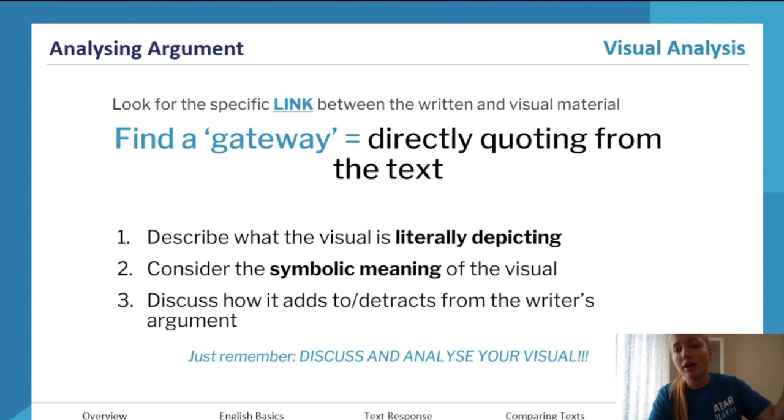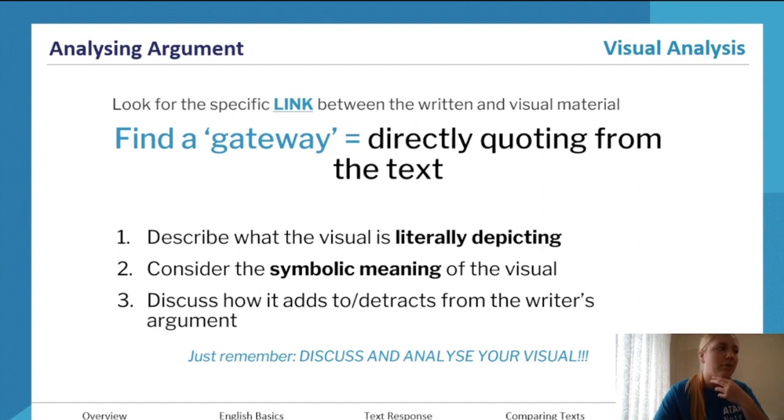If it's at the end of the argument, once you finish analyzing one or two things in the visual that you've chosen, you will have your linking sentence and you will close that paragraph. So find a gateway where it seems appropriate. And oftentimes it's quite chronological. So usually you finish discussing evidence somewhere just before the visual actually starts, and you might just introduce the visual right after that evidence because it's an appropriate area, and it's quite chronological.